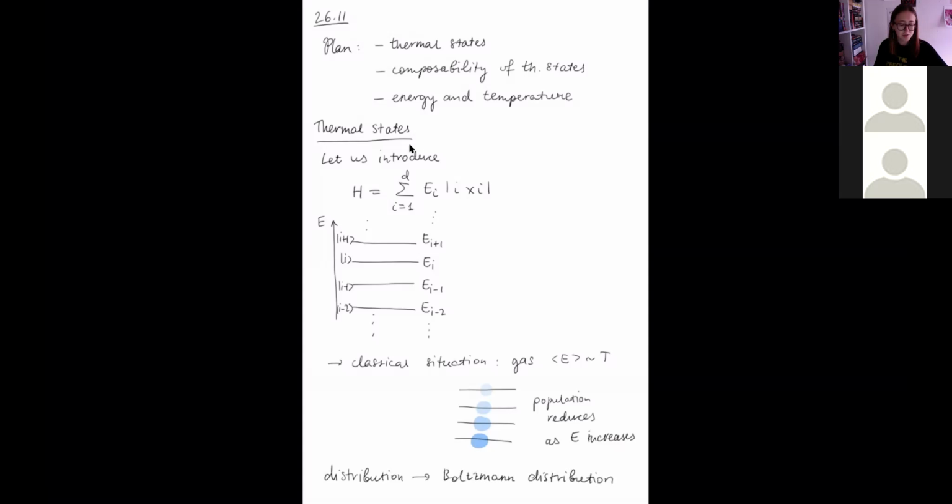So the Boltzmann distribution at temperature T just tells us that the probability of finding the particle, the gas particle for example, at the level of energy E_i is the following: e to the power minus beta E_i over Z, where beta is just 1 over k_B T, where T is the temperature, and k_B,